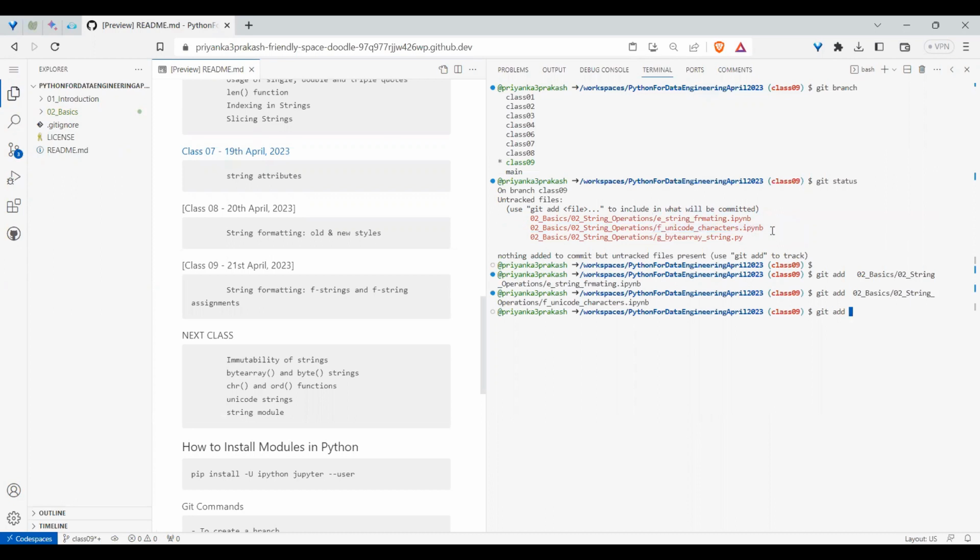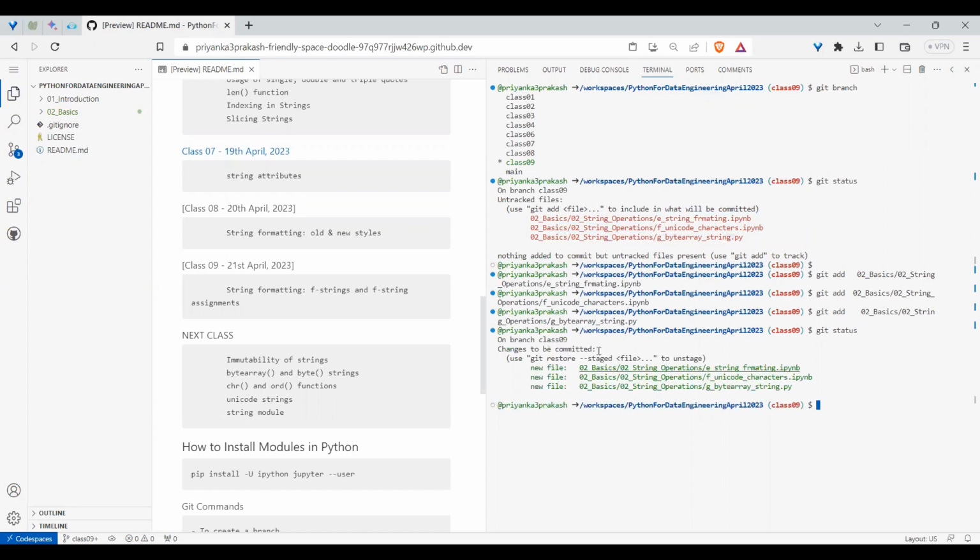Explicitly, the files you have added, you just select and paste like this. Now, if I do a git status, see, all the files were staged. So these files I need to push. So git commit -m